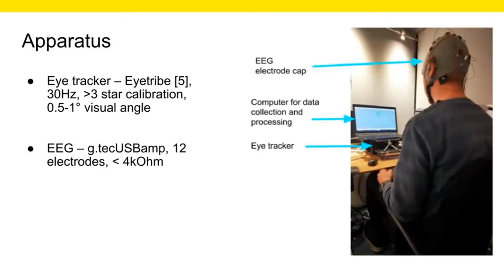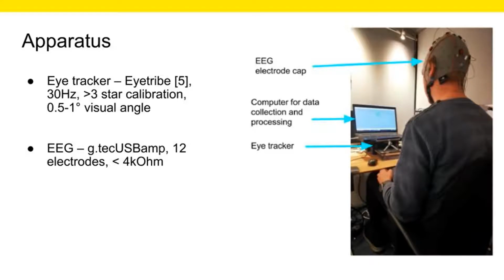Here is one participant sitting before the apparatus setup. The eye tracker we used was developed by the Eye Tribe. Every participant had greater than 3 stars calibration accuracy. The eye tracker recorded the coordinate of the gaze and also the pupil size. Pupil size is an indication of cognitive load and has been found to increase with increased mental